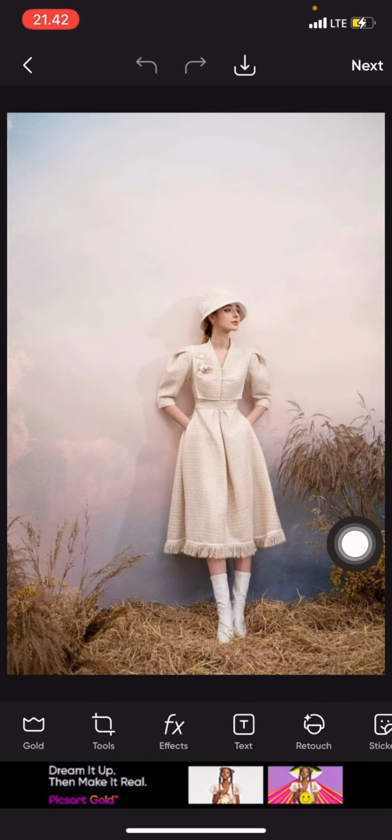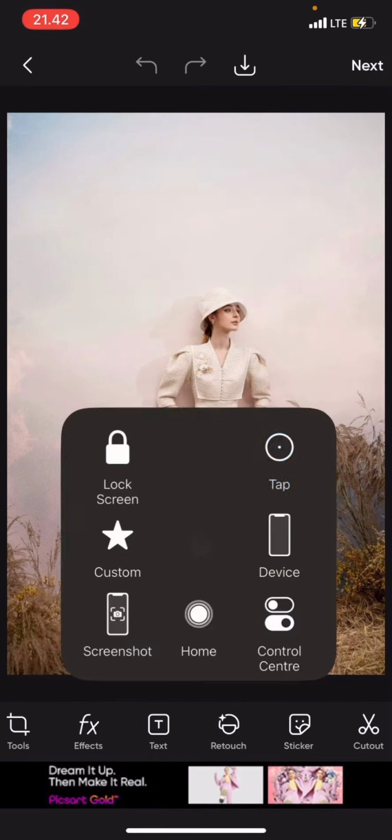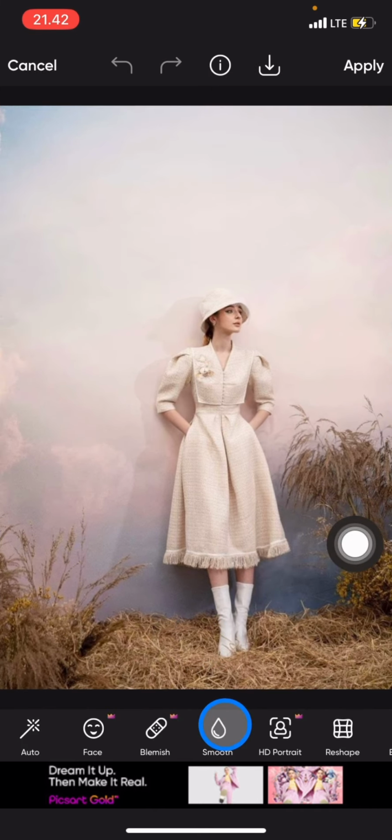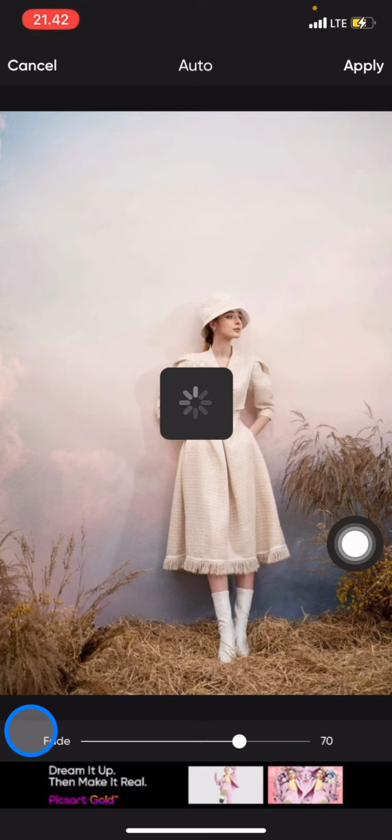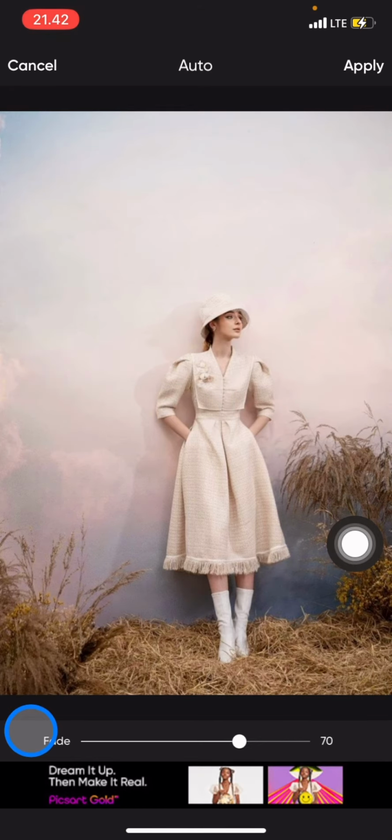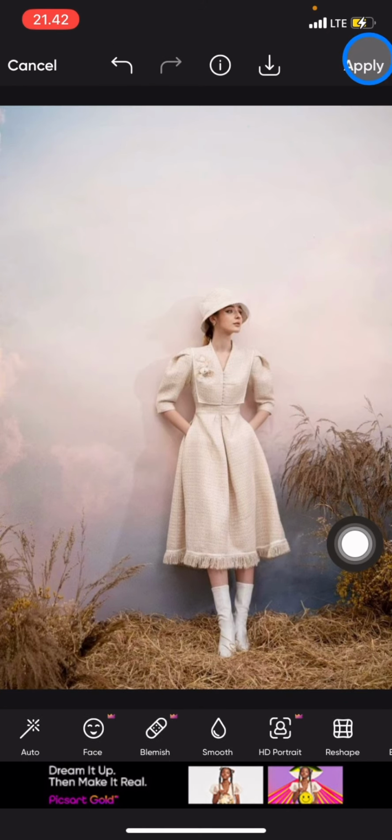our picture. If we want to retouch our looks, you just need to jump into the retouch part, and you can also use auto to get things generated by the application itself that we need to touch up on my picture. And after you're done, you just need to click apply. And now you just need to go back,